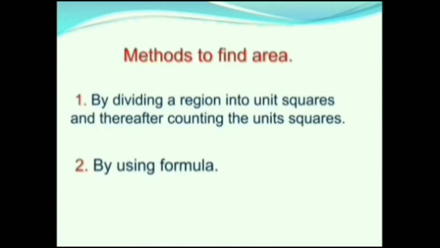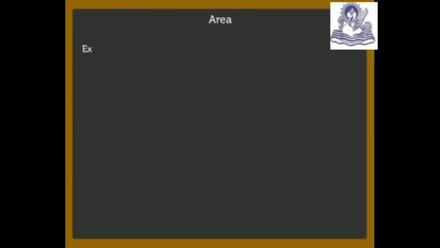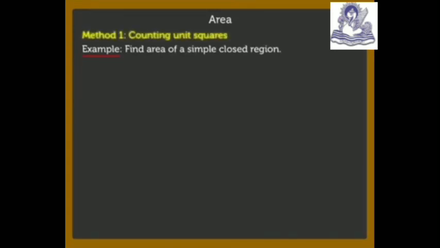There are two methods to find the area. They are by dividing the region into unit squares and thereafter counting the unit squares, and by using a formula. First, let us see how to find the area of a simple closed region by counting unit squares. When the region is divided into unit squares,